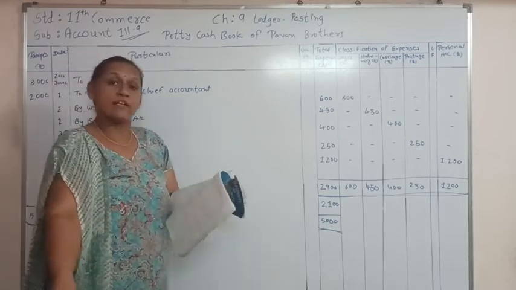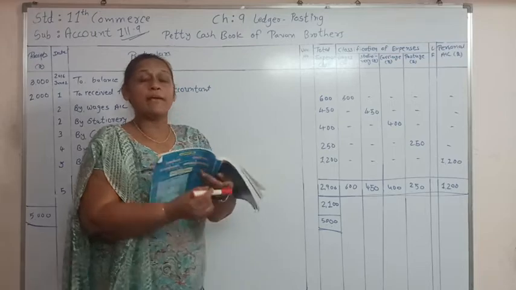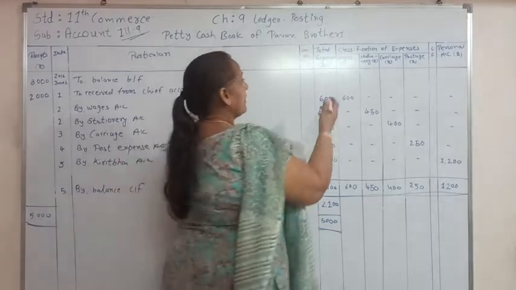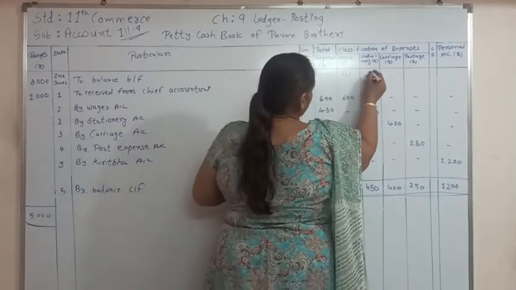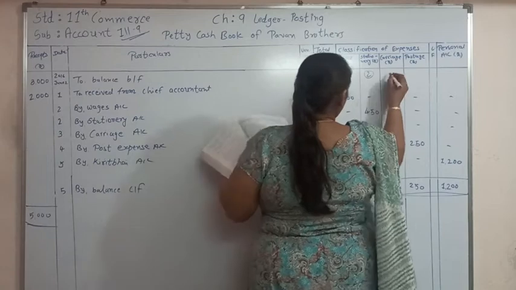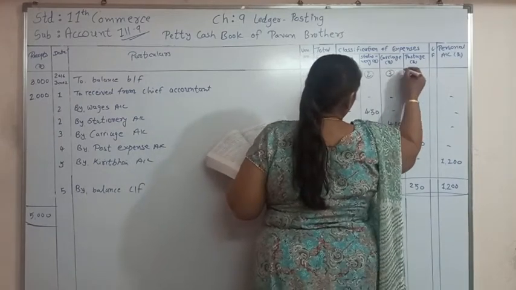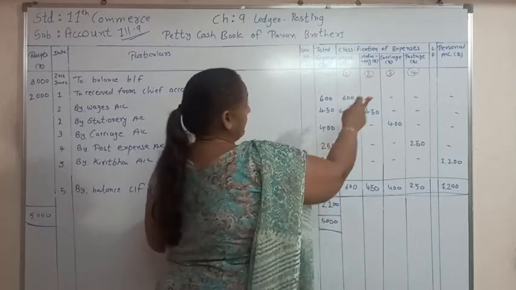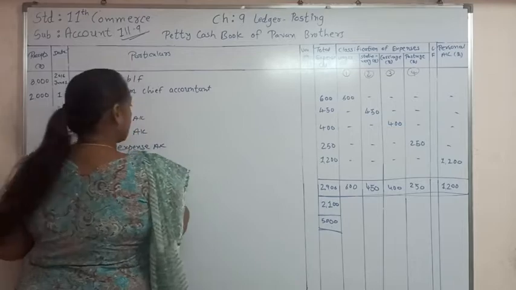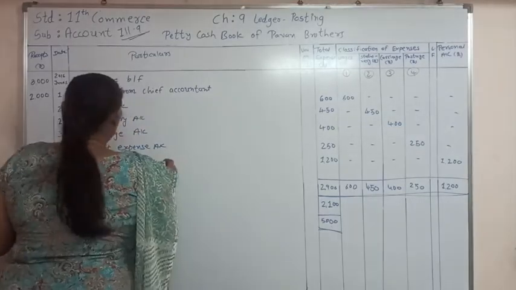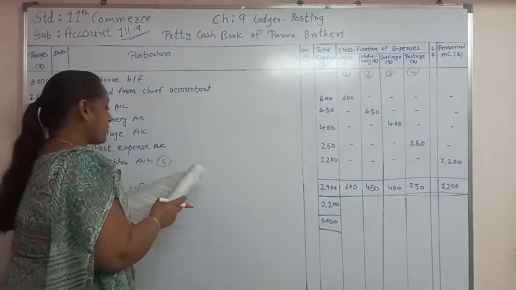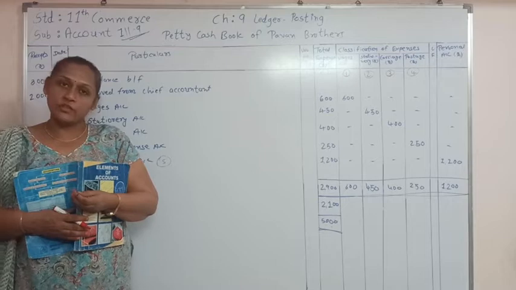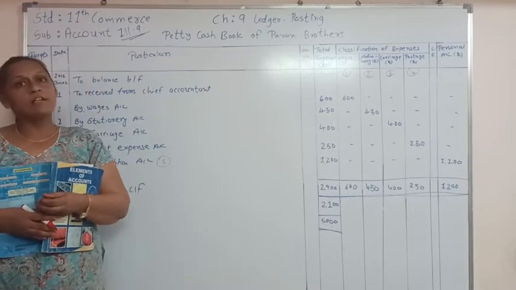Now let's find out how many accounts we are supposed to prepare in the ledger. So the very first account that we are going to prepare will be the wages account. The second one will be stationery account. Third one will be carriage. Fourth one will be postage account. And fifth one will be personal account. In that we know that there is a Kirit Bhai account. So we are going to prepare these 5 accounts in the ledger, and then we are going to make the posting in the ledger. So let's prepare the ledger.